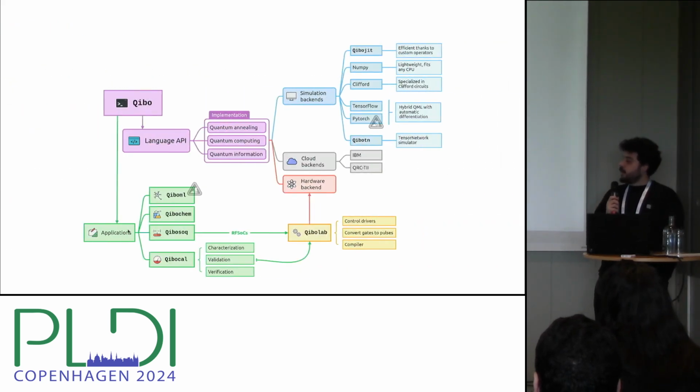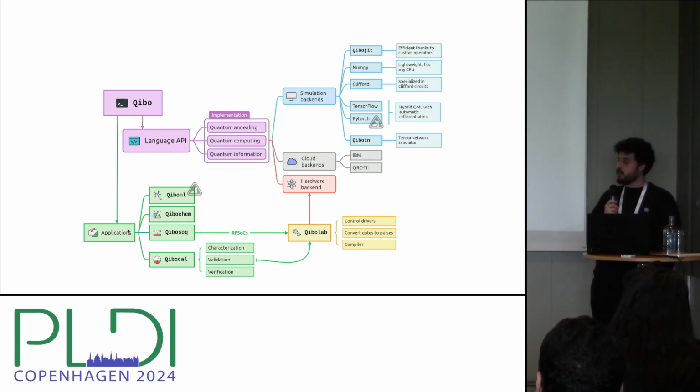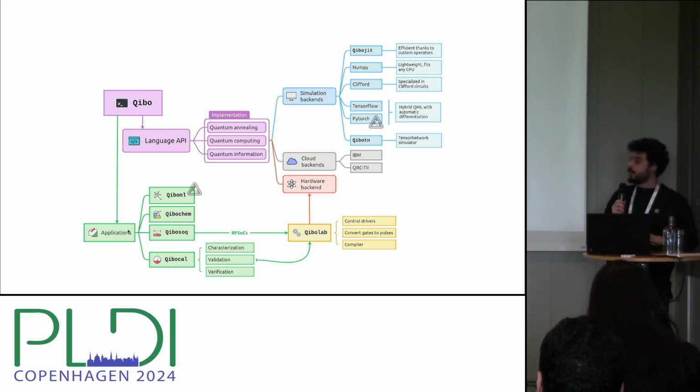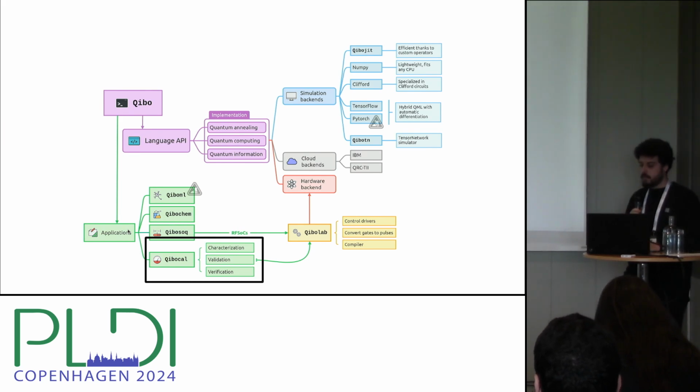This is a scheme of the whole Qibo ecosystem. I mean, don't be afraid, I will not speak about all of these in the slide. Let me just mention that the main core of the Qibo ecosystem is the Qibo API. So the API that we are using to deploy the quantum circuits and to simulate them on classical devices like CPUs, GPUs, or multi-GPUs. But today I would like to speak more about the hardware, the quantum hardwares, in particular